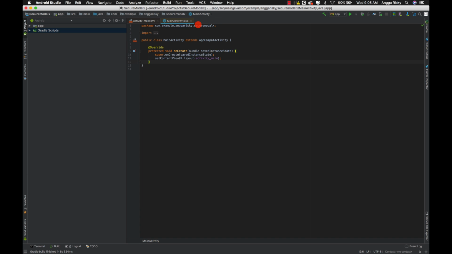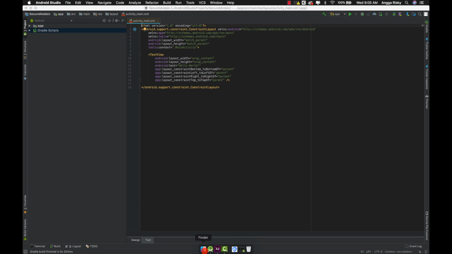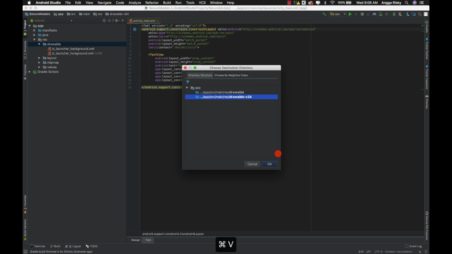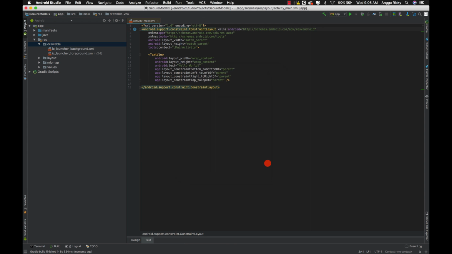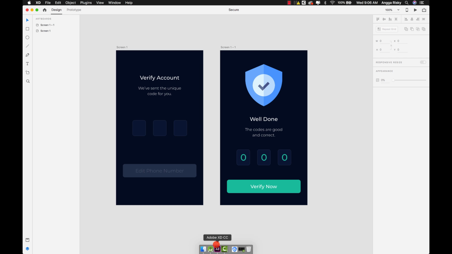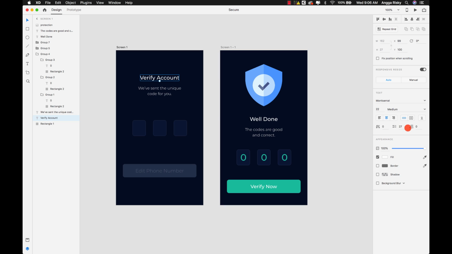First of all, we don't have to use Java, and at this time I'm going to copy this asset to the drawable. I forgot to mention that we're going to customize the font here with Montserrat.